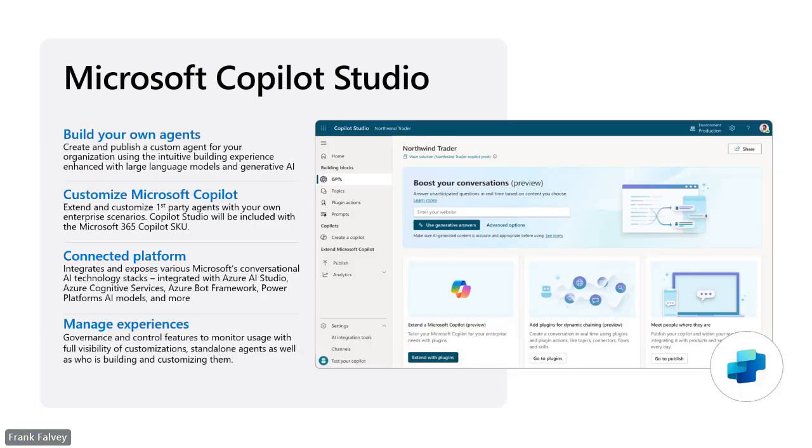You can have all these connected platforms, all different AI technology stacks integrated with Azure AI Studio, Azure Cognitive Services, Azure Bot Framework, Power Platform, AI models, and many more. You'll see as I go along.